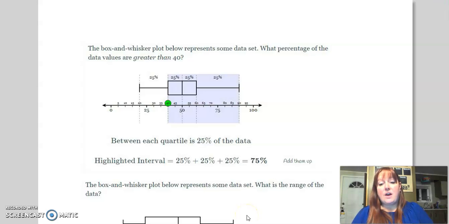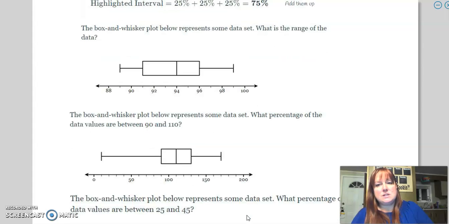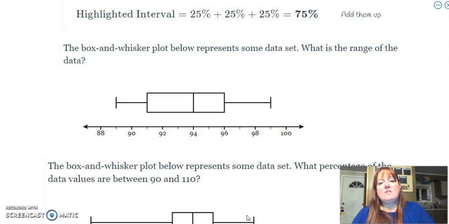Lots of things can be found from our box plots. So we're just going to go through and find some of these different questions and see what we can figure out. So the first question asks us, this is a box whisker plot that represents some data, and what's the range